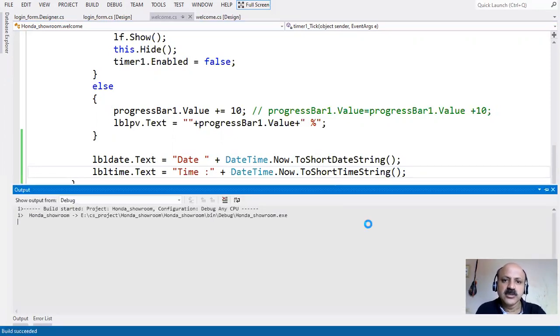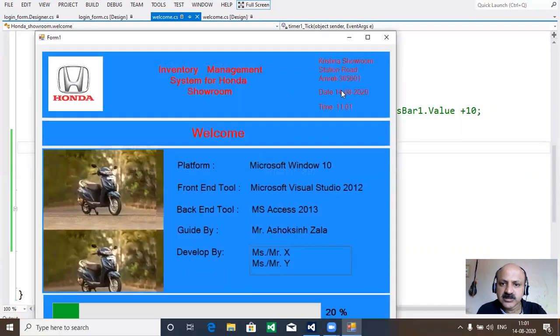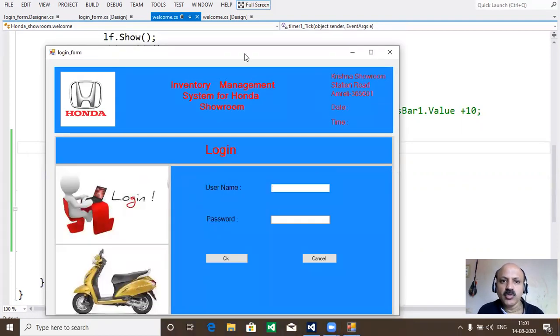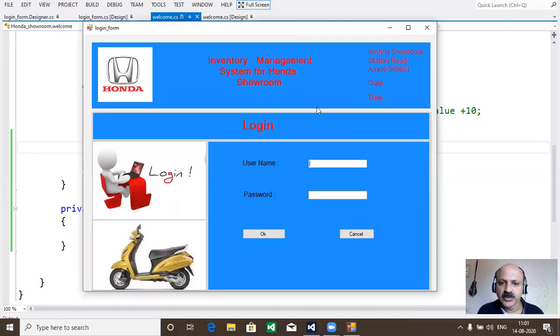So here we print Now, like the percentage moving in the label, and here the date and time, and now our login form opens. Okay, so now we can take coding in this, and also here we can print the date and time. So now we can start